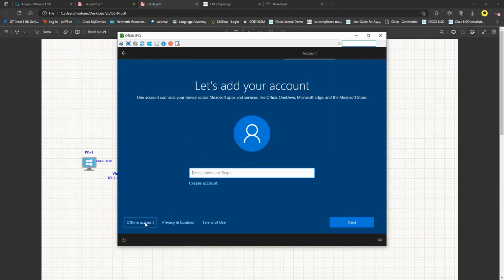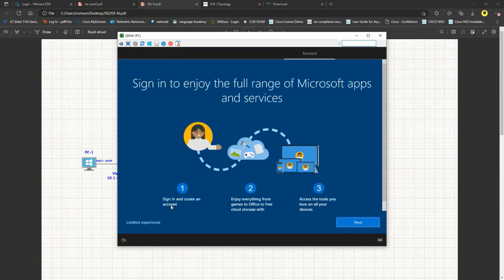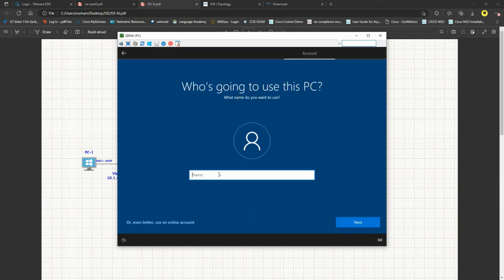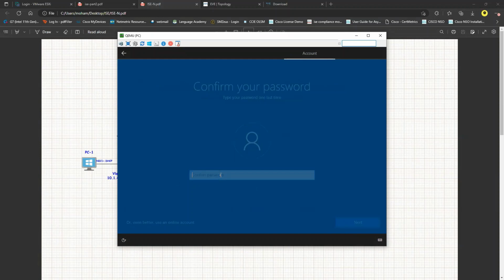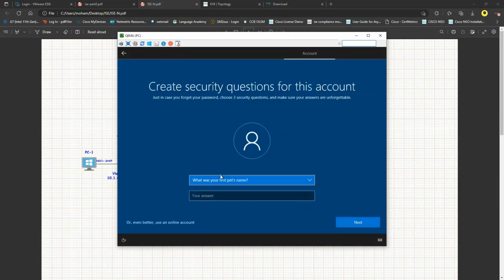And I will select the offline account because I don't want to add the online one. And I will select the limited experience. And I will say who is going to use this PC as admin. And the password will be cisco 0123. And the password will be 0 cisco 123. And the security question, I can say that